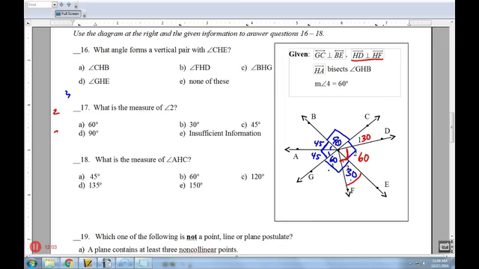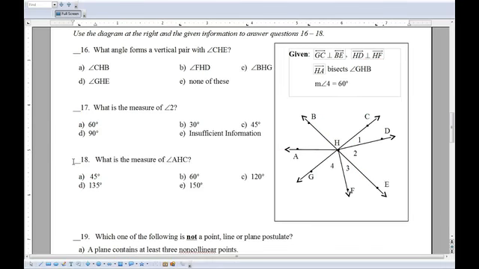So that picture got a little bit complicated here. So that would make this one A, 60 degrees. And the measure of AHC, so A to H to C, would be this entire section right there, which would be 90 plus 45. So that would be 135. That would be D. That one was a little bit tough, especially number 17 there. All right, moving right along down